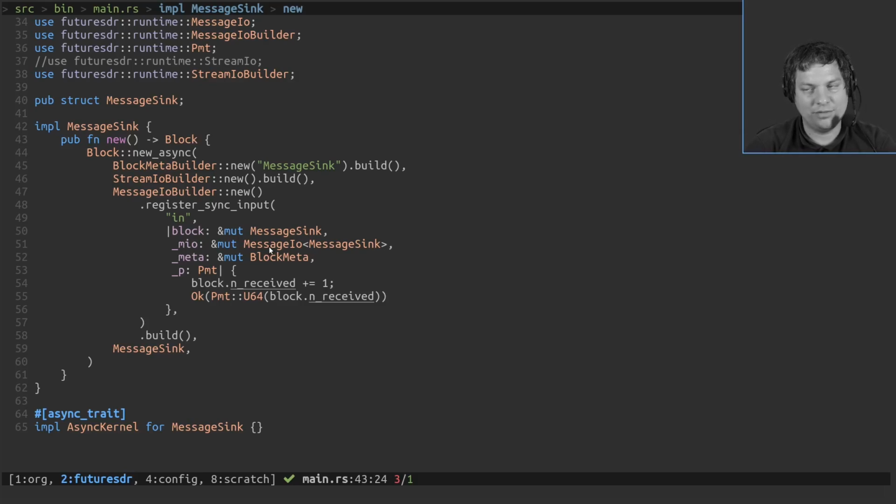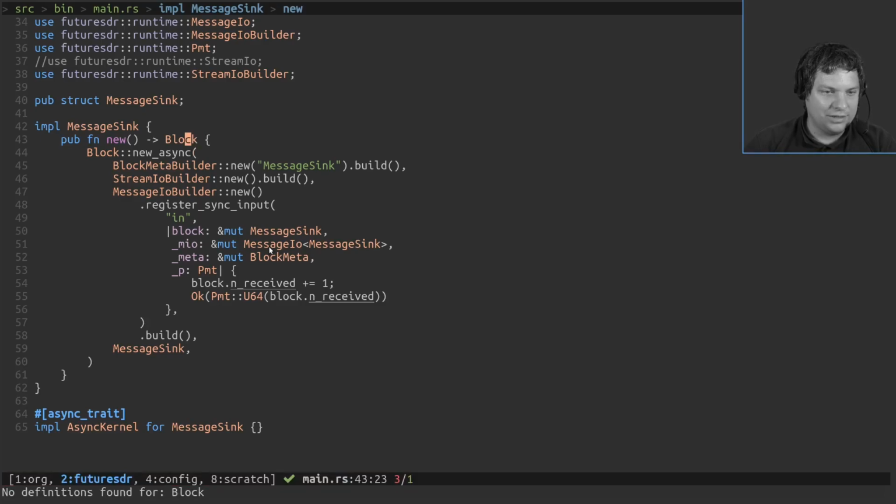So if you don't need any async features, just use a sync block. It has less overhead. To be honest, I didn't do in-depth profiling for it, but as far as I've seen, the overhead of this async is really not too big. Let's see how this develops. Maybe in the future we can just get rid of the sync, keeping it a bit simpler. But for now, we have both options, also to minimize overhead.